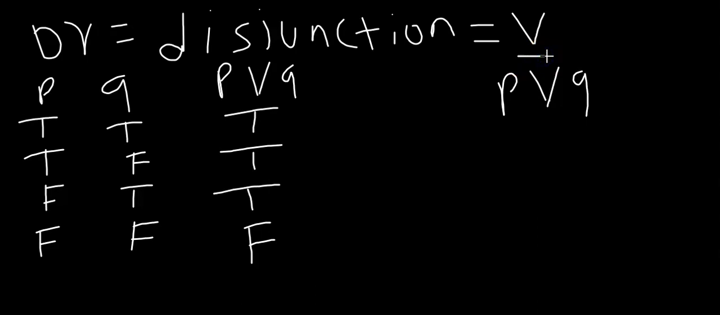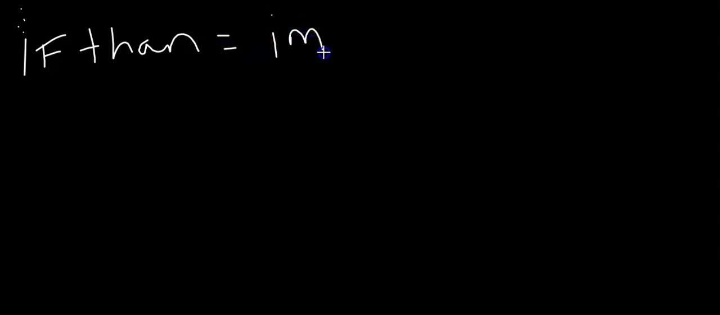Now let's go to the second one. The other one, they call it in a word problem. They say "if... then." I hope you guys understand that. So this one is if-then, and if-then also means they call this implication. And they symbolized it as